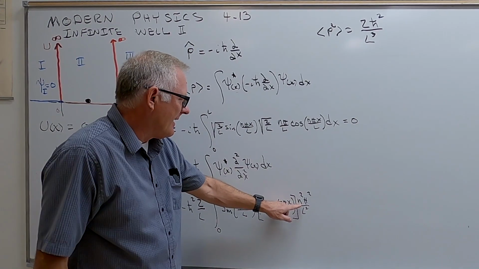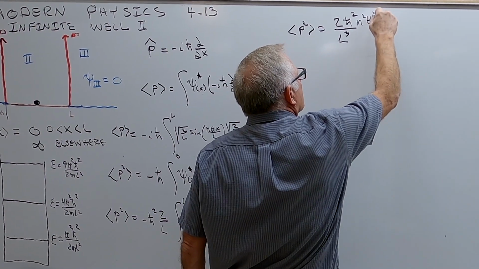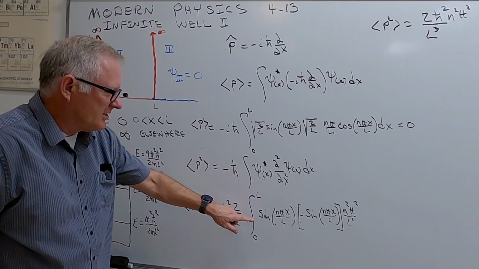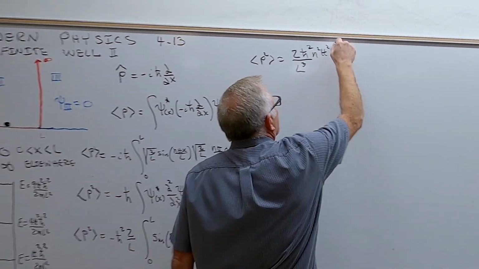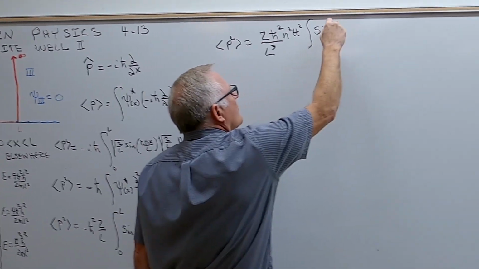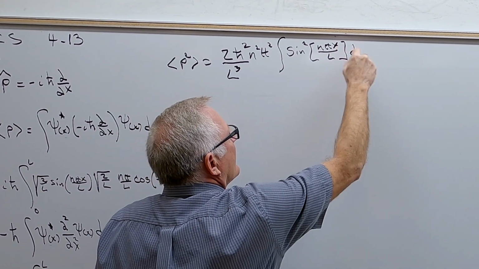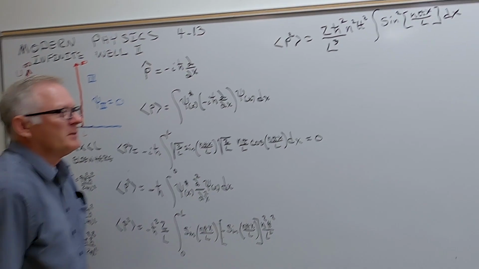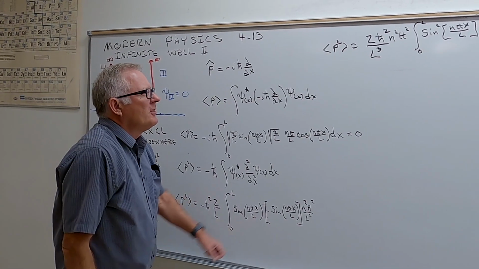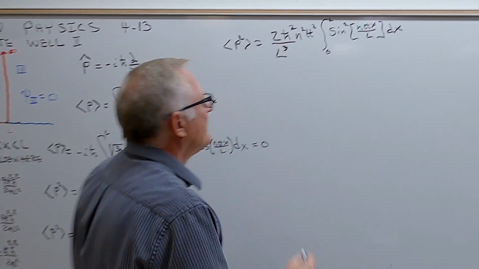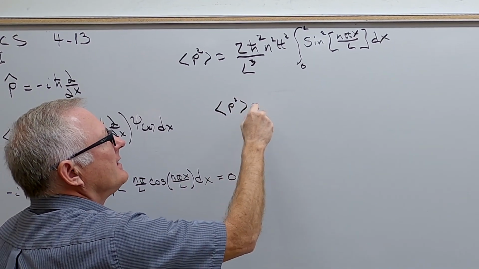And then we also get an n squared pi squared. And then we just got the rest, which is the sine squared of n pi x over L times the integral of the sine squared of n pi x over L dx. Okay, that looks familiar. It seems like we just did that on the last one. But what did we do? We turned this into a 1/2 times 1 minus